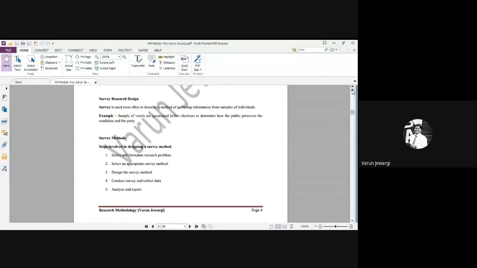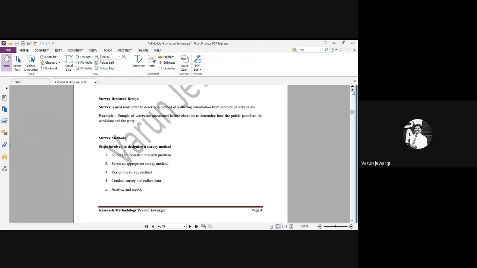Taking Maggi as an example: the lead content, what happened in the market, and what is happening in the market at present with regard to Maggi. Anyone wants to speak on this? Formulate the research problem, then an appropriate survey method. Taking Glow and Lovely as an example, why was Fair and Lovely changed to Glow and Lovely? Did we discuss this case study in marketing?